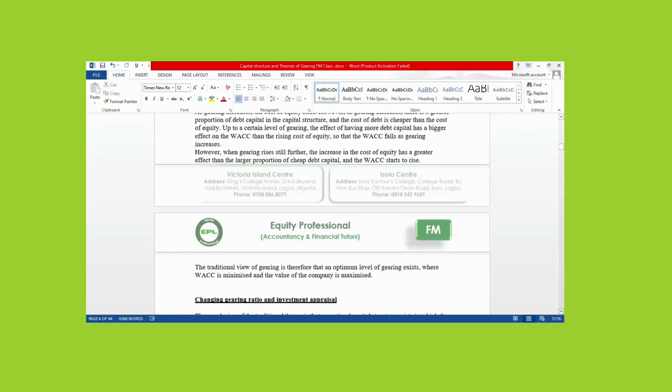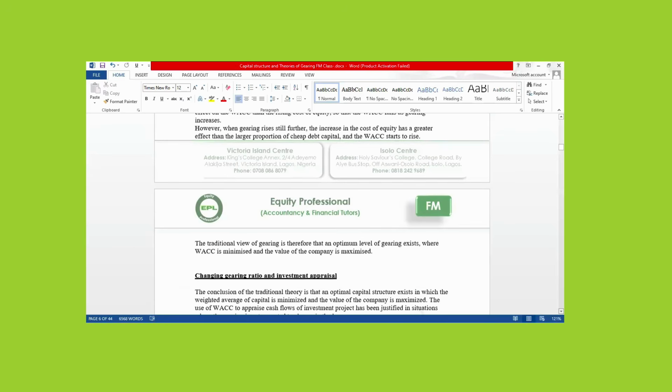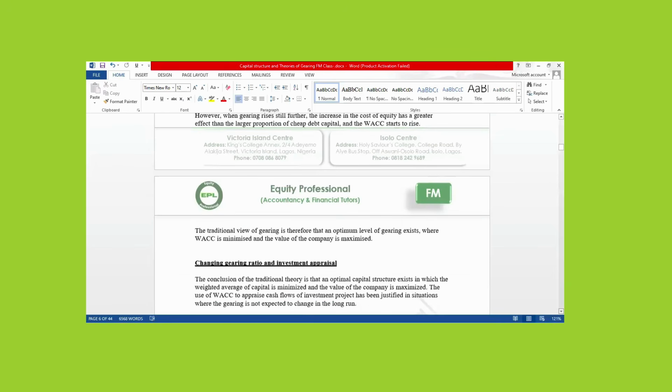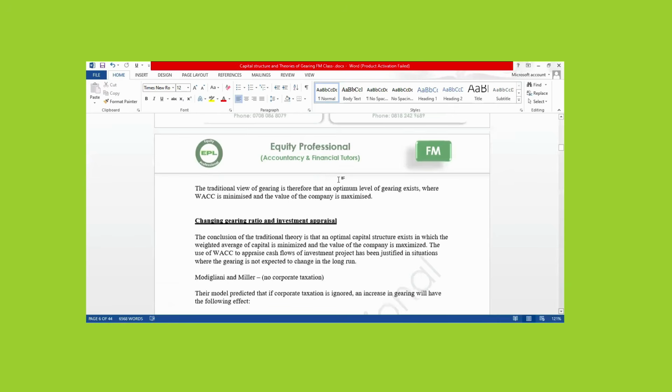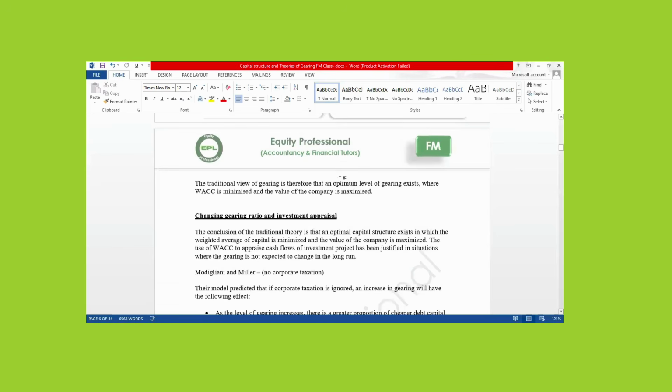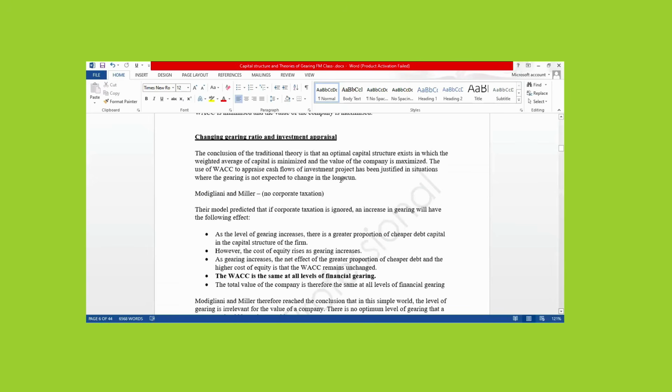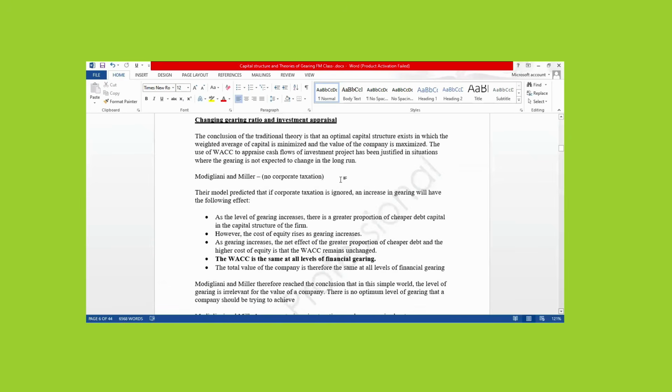Modigliani and Miller theory, without taxation. Assuming there is no taxation, Modigliani and Miller developed a capital structure model to challenge